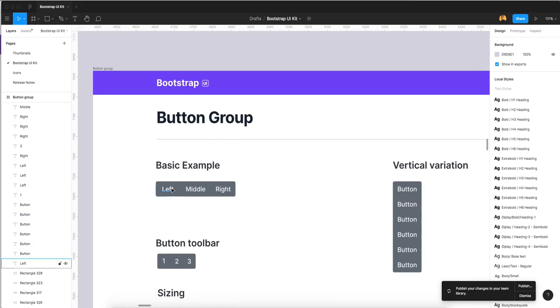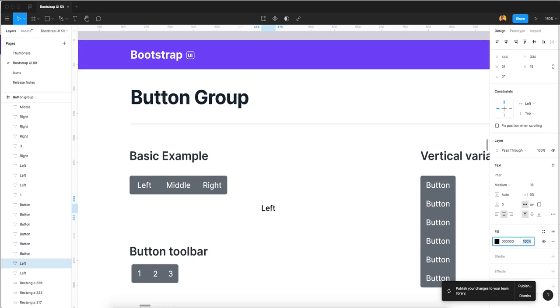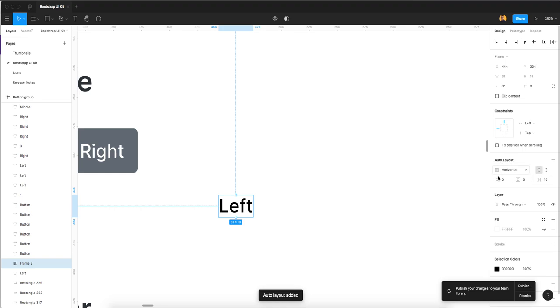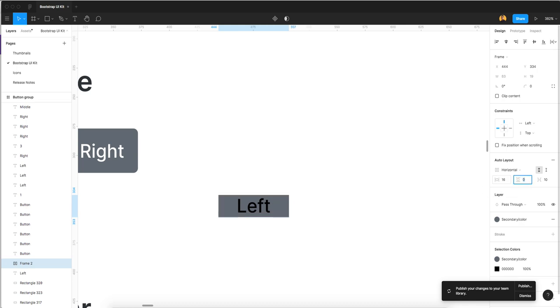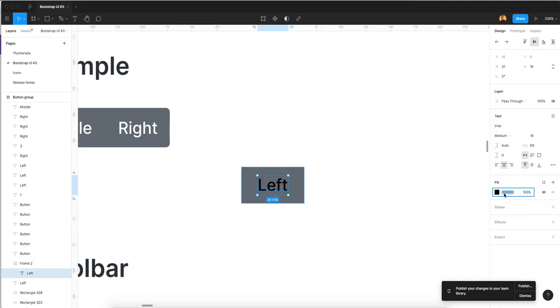So let's begin. Left, I am copying it first, and I just change its color. Okay, now I convert it into a frame, and now I again convert it into an auto layout. After creating auto layout, this property will start. Now first I change its color, so you will see how it works. See, now you have no space, no horizontal padding and no vertical padding. You need a horizontal padding, for example 16, and top bottom padding you need 8 pixels. This will create our simple button.